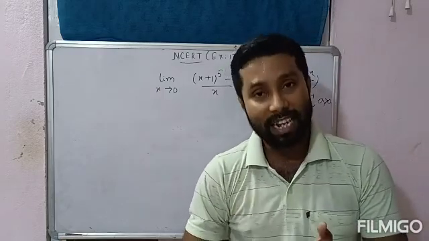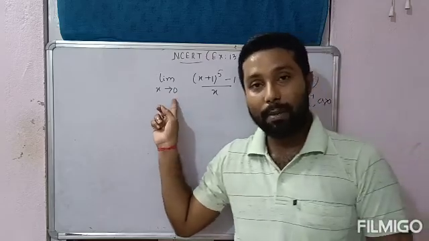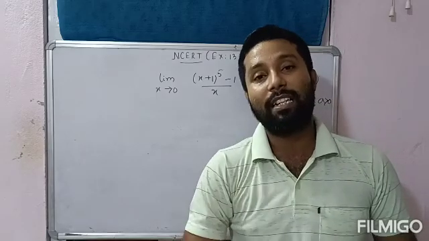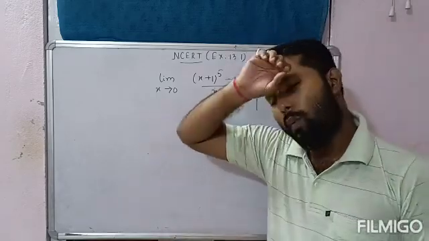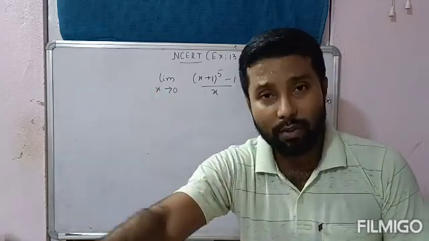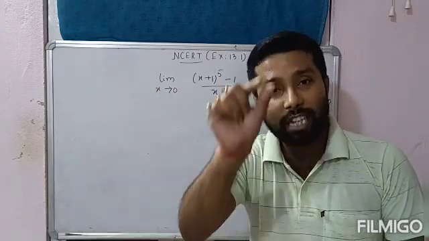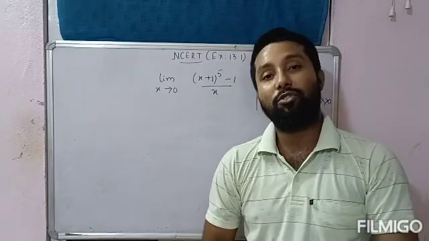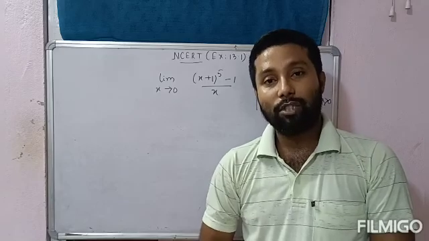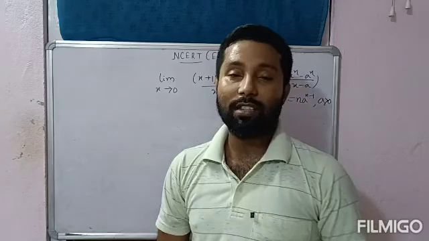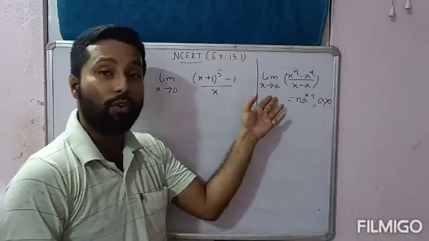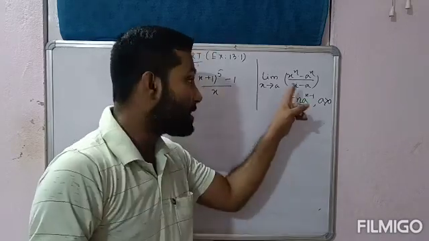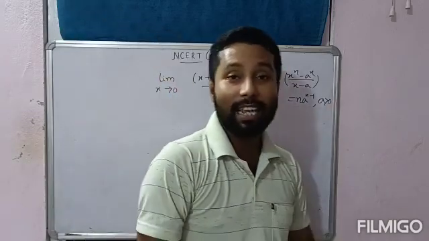लिमिट वैल्यू चेंज करने के लिए, लिमिट वैल्यू मीन्स ये वैल्यू के बारे में मैं बता रहा हूं, ये वैल्यू को चेंज करने के लिए हमेशा सब्स्टिट्यूशन मेथड ही यूज करना है. नॉट ओनली फॉर दिस क्वेश्चन, वॉट एवर क्वेश्चन इज देयर, means limit based question. If you want to change the value of this limit, you must use a substitution method. So here also we have to change this value because a must be greater than 0. If you want to use this result, अभी तुम लोग पूछ सकते हो कि यही रिजल्ट क्या जरूरत है,